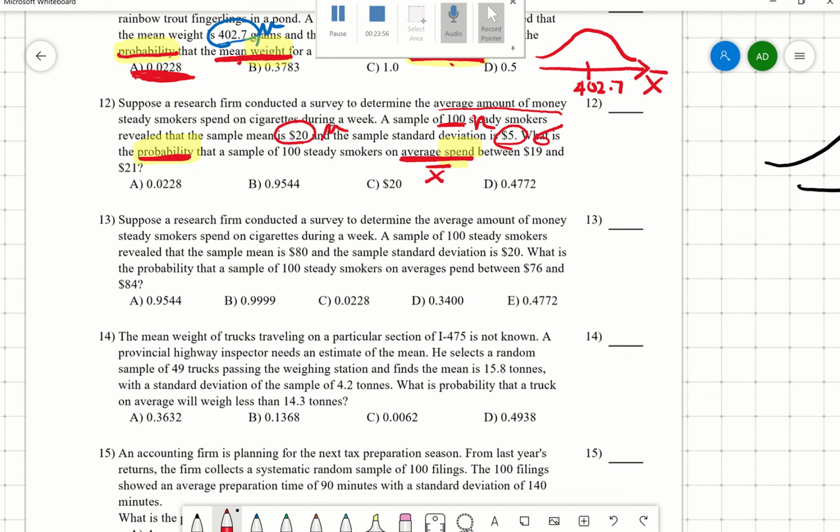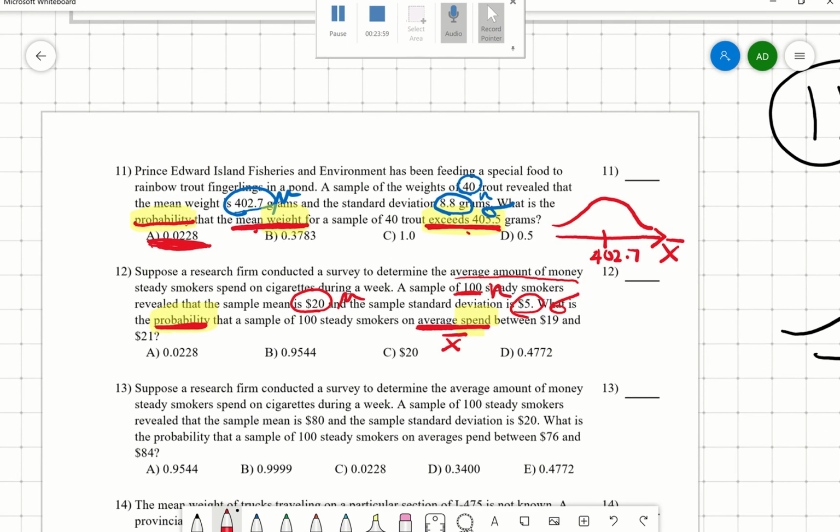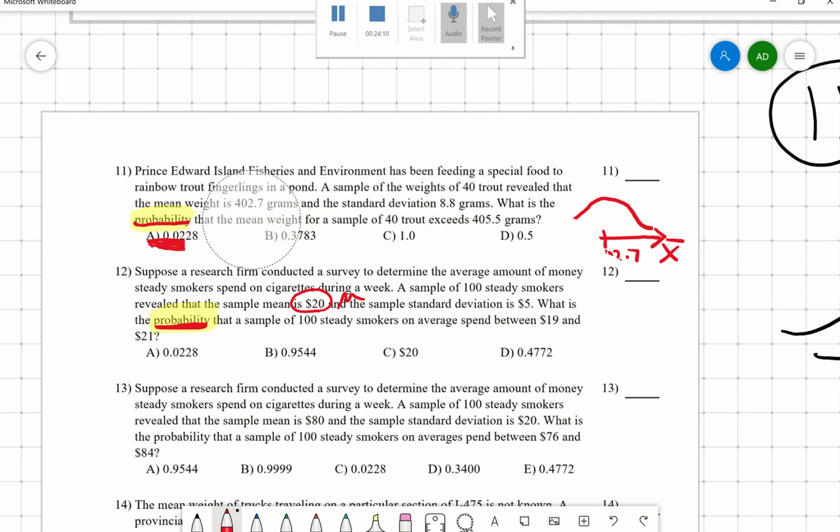So the key, in terms of an examination, is that you need to identify: am I dealing with just the variable? Is the question asking the probability that the variable, weight, is more than something,